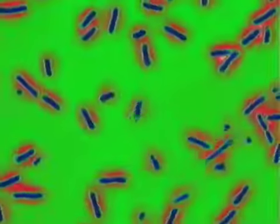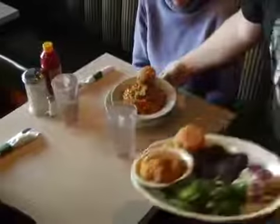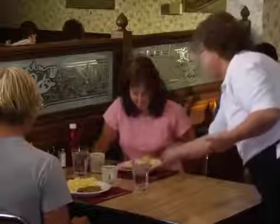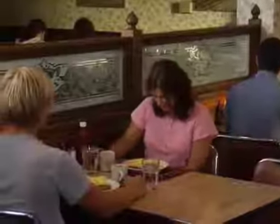Then there are others which can cause illness, and these are called pathogens. Pathogens absolutely have the potential to cause illness when they're consumed. And what makes pathogens even more dangerous than spoilage microorganisms is that, unlike food that's spoiled, food contaminated with pathogens may not look, smell, or taste any different from uncontaminated food. Eating food contaminated with foodborne pathogens, or their toxins, which is just another word for poisons, is the leading cause